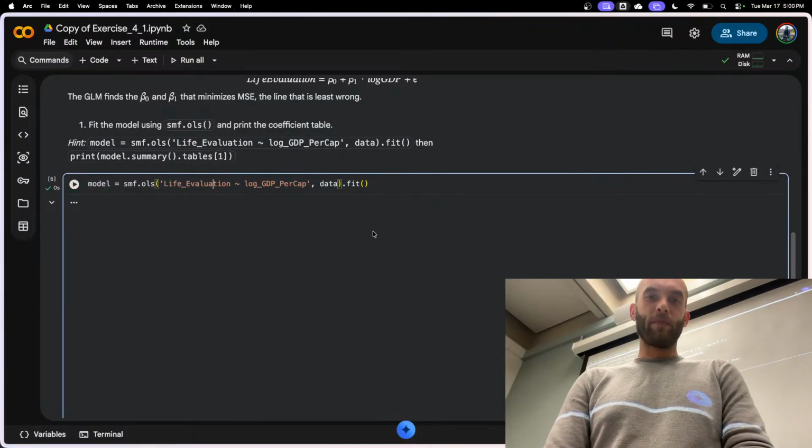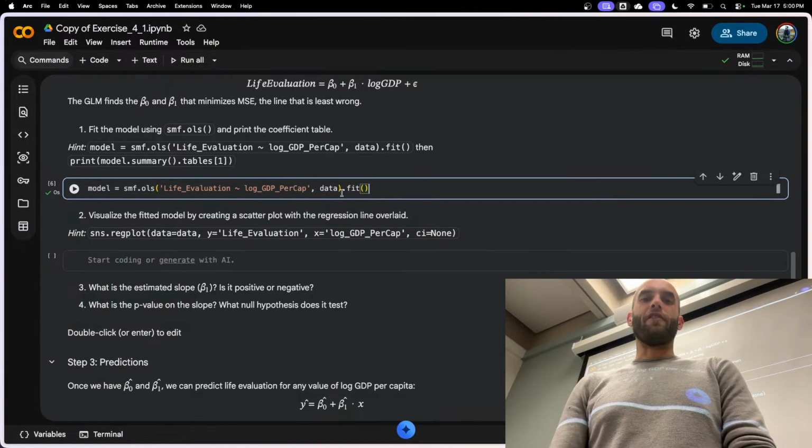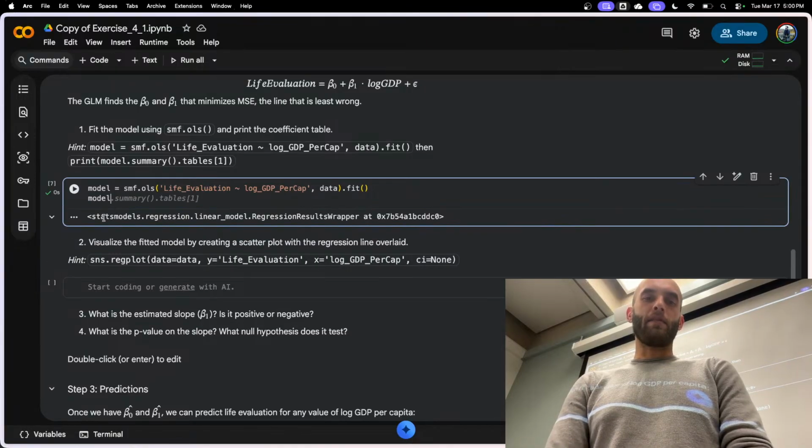I can't spell. Life evaluation, and then we run this. Dot fit. If we were to just print out model, so we print model, it gives us something that is